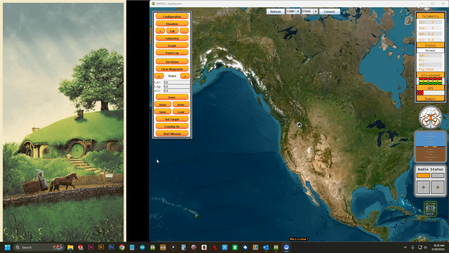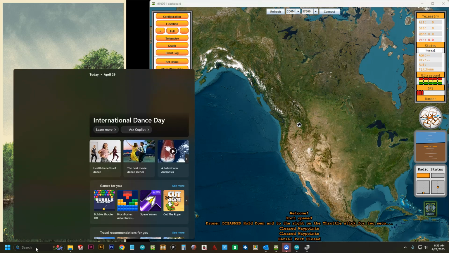All right, in this video we're going to show you how to restore the defaults for the Mind's Eye drone using the dashboard. With the dashboard open, you can click refresh, select your COM port, click connect, and leave it at 57600. If you don't know what COM port it is, you can also just search for the